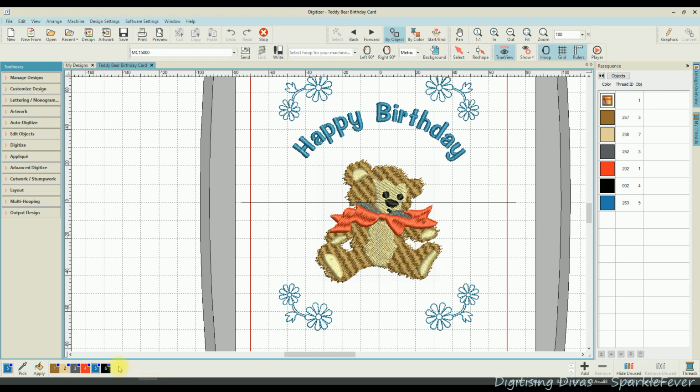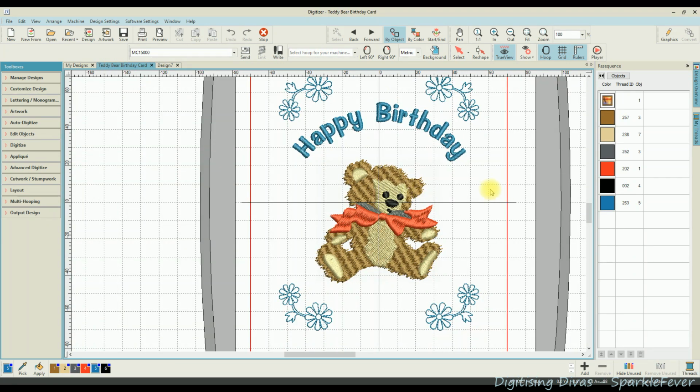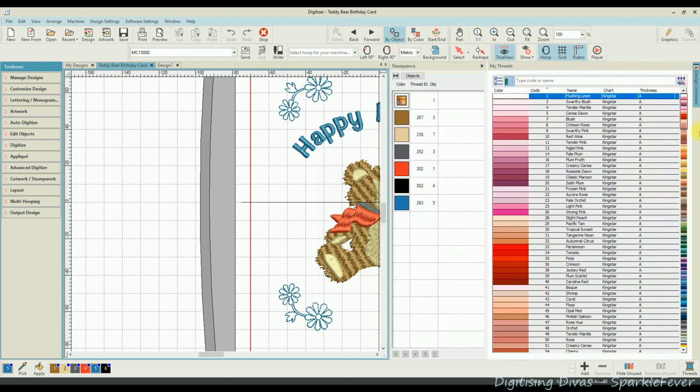Sometimes people want to restore the whole default toolbar that you get when you actually create a new design. Well, it's possible to do that. At the moment, I've got